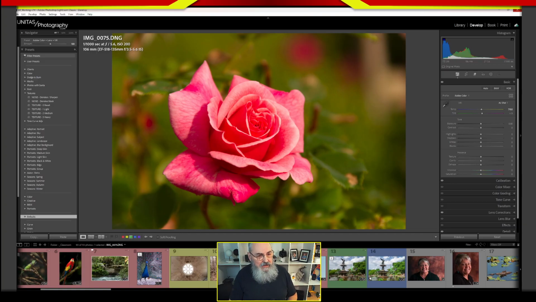Lightroom has the same. I know it's not as robust as some of these other programs, but it's getting there. The Lightroom color profiles are a little bit different than Envato and Shootproof and all those others. But anyway,